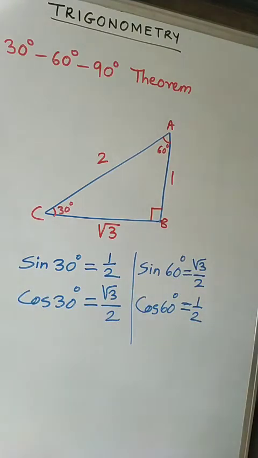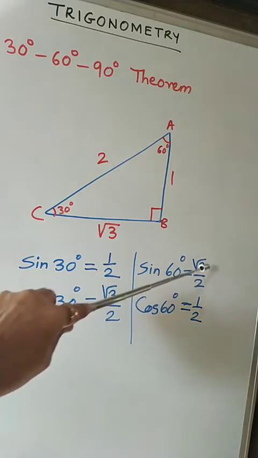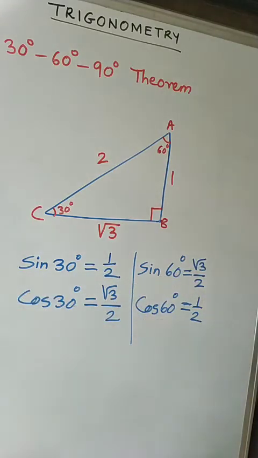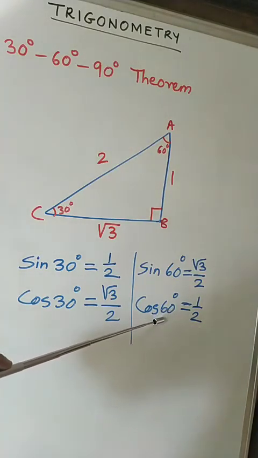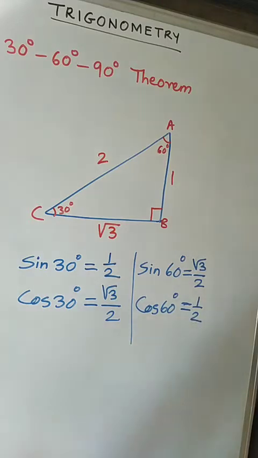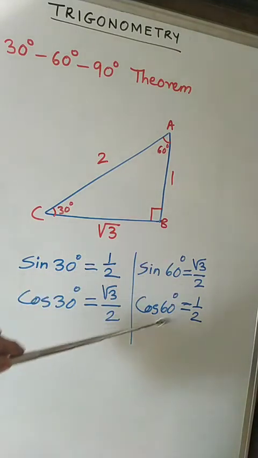What are these? These are the values of these ratios which are universally constant. So anytime you are asked sine 30 degrees, you can say it is 1 upon 2. Anytime you are asked cos 60 degrees, any part of the world, anywhere, it will be 1 upon 2 only. How did we arrive at these ratios? By first knowing what is sine of an angle and by looking at this triangle, applying the 30, 60, 90 degrees theorem. So we already know 4 values.